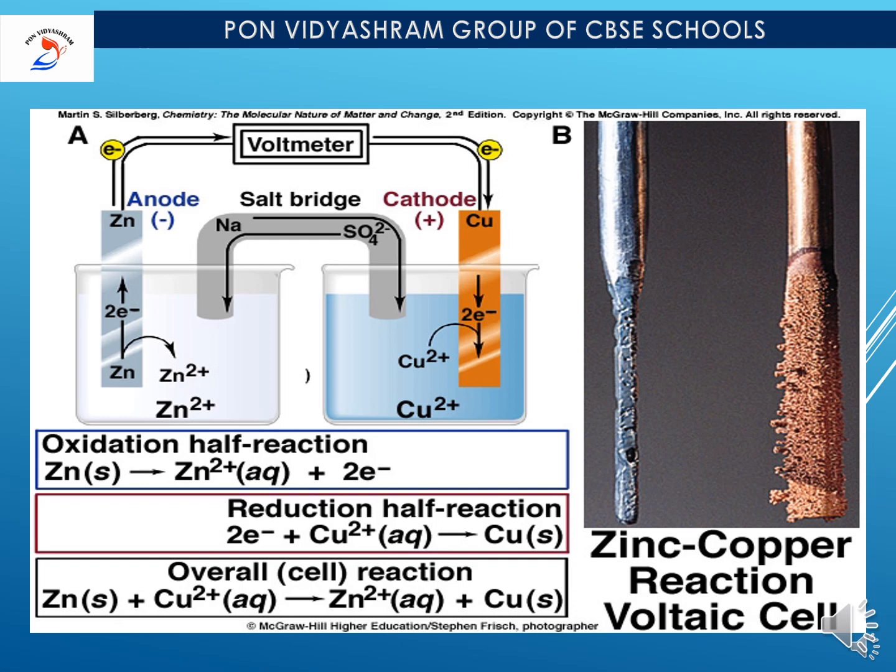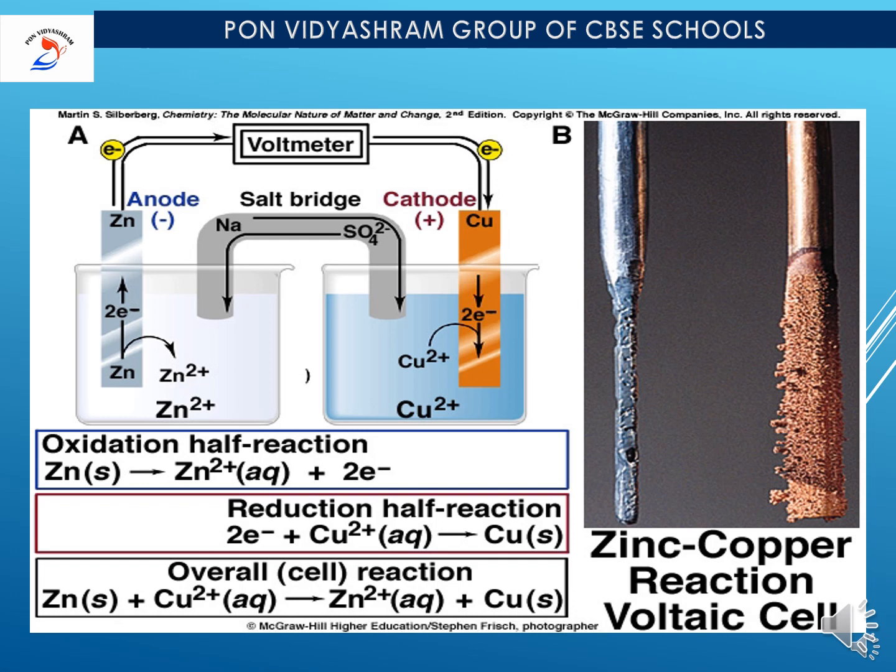We are going to talk about an indirect reaction. So in a galvanic cell, we will be taking two containers. In the left hand side container we are going to take zinc sulfate as the electrolytic solution, with a zinc rod dipped in that. Here the zinc rod will be the anode, which carries negative charge. In the right hand side container, we are going to take copper sulfate as the electrolytic solution. The copper rod is connected with the positive charge terminal, that is the cathode. These two electrodes along with a voltmeter are connected through a metallic wire.